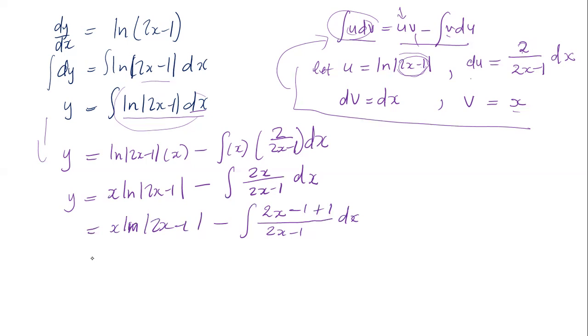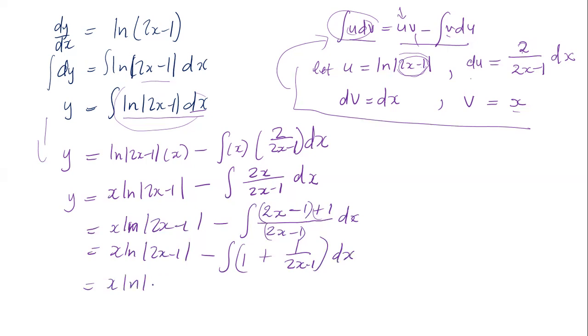So from here, I'm going to have x ln of (2x minus 1), subtract, and then here, remember, 2x minus 1 is going to separate. Dividing by this fraction, it's going to be 1. And then we have this positive term over here, which is 1 over 2x minus 1. Close my bracket there, dx. And then from here, I'm going to integrate this. So here I have x ln of (2x, not plus, minus